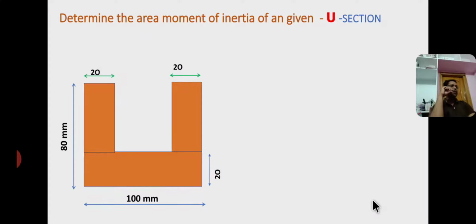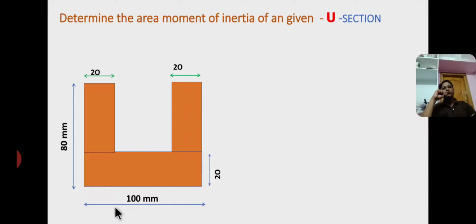Now I am going to explain how to locate the centroid of a channel section, as well as how to determine the area moment of inertia of a U section. Okay, the given diagram is here, and the dimensions are